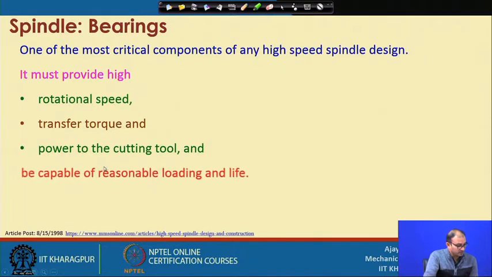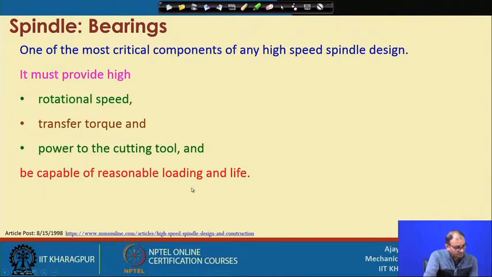Those are the things, and it should be capable of reasonable loading and complete life, because if you change any of these parameters, your life will be sacrificed, because you are not maintaining something within the specified allowable limit. Here you also have to consider the loading, because if your spindle is designed for a soft material, that means high RPM and a very small depth of cut, then you can use it very easily.